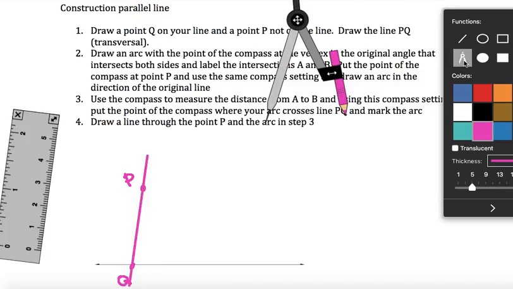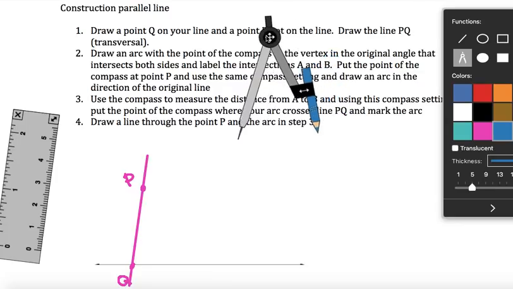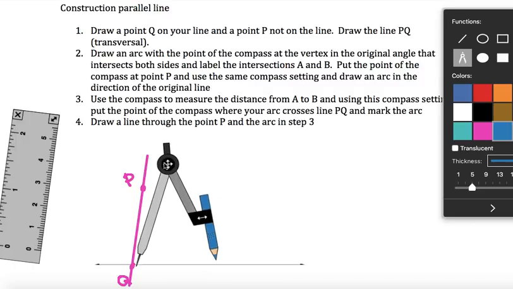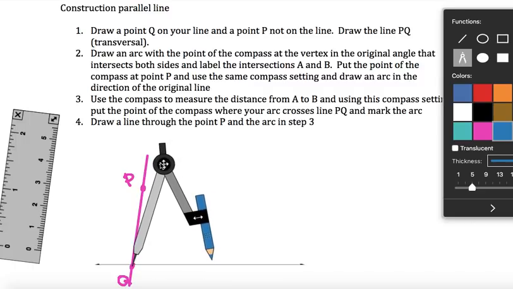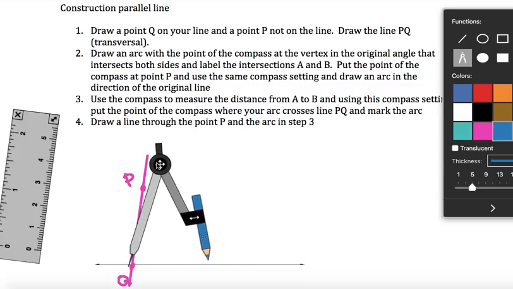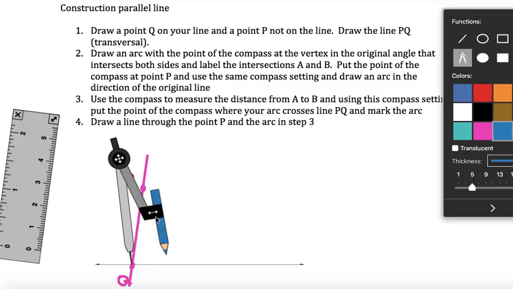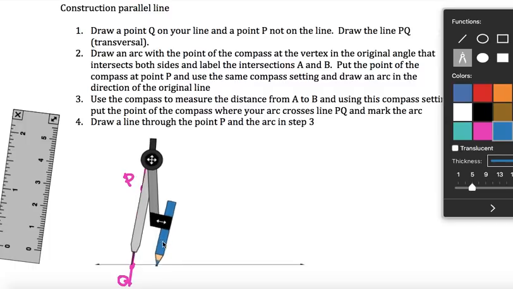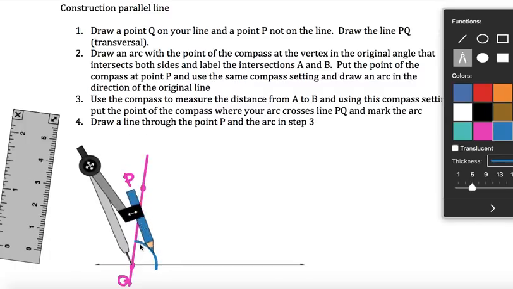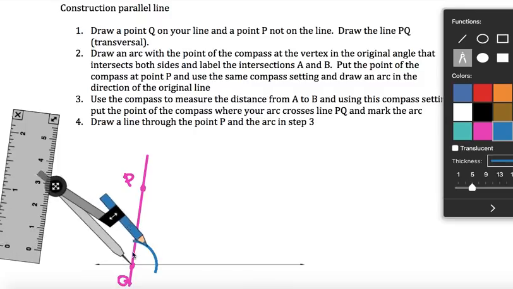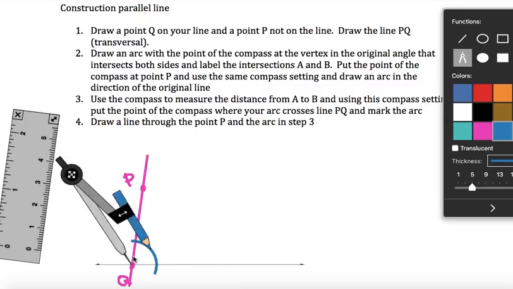So now using my compass, I'm going to bring my compass back, and with my compass I want to draw an arc with the point of the compass at the vertex of my original angle. So here my vertex is going to be Q, and I just want to draw an arc so that I have where it crosses the original line and the transversal. So basically what I'm going to do is I'm going to copy this angle